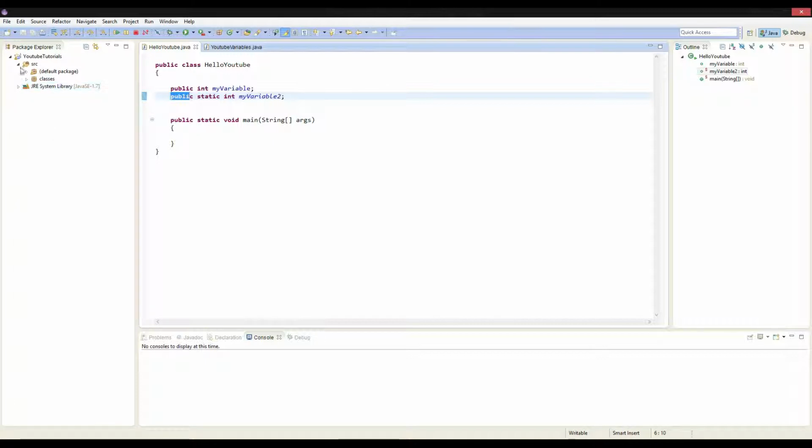that comes into play with public and static, and that is protected static int my variable 3. Now you don't actually need static with public, or you don't need static with protected. You can use these on their own. So you could, for example, get rid of this static, and this would be available to this class, an object of this hello YouTube class, and hello YouTube is in the default package,